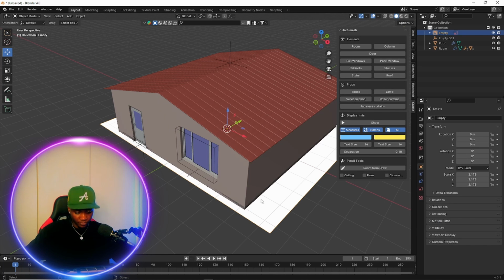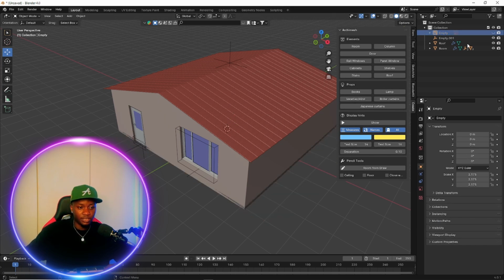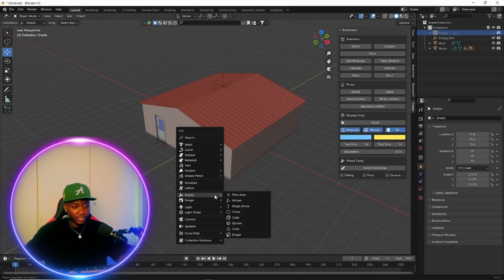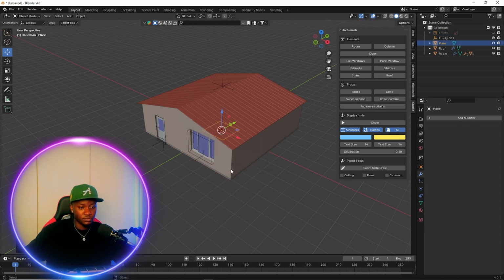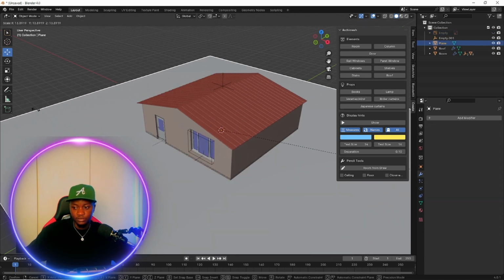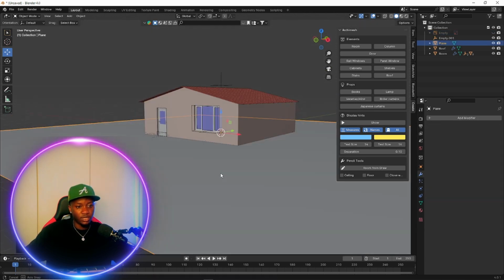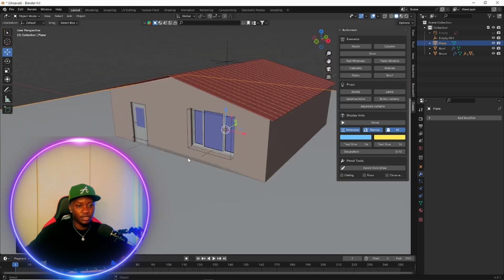We can now remove this, you can just deselect it, put on a plane, scale it, and this is how the house looks. So the next step that we have to do is